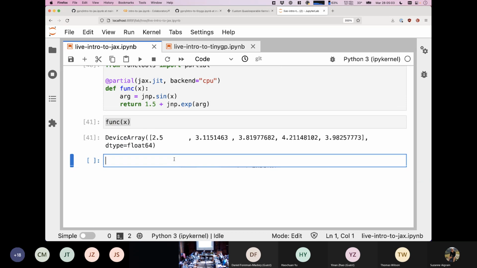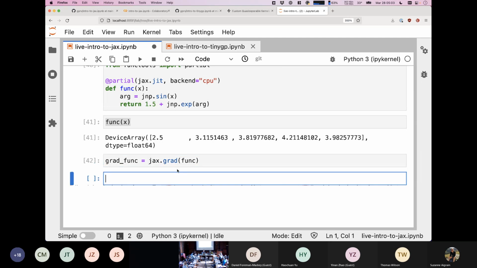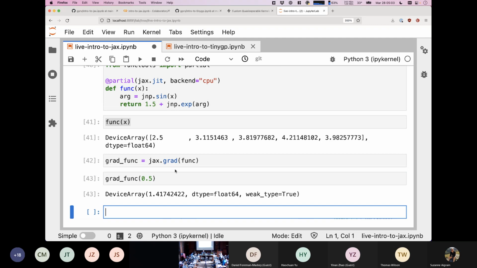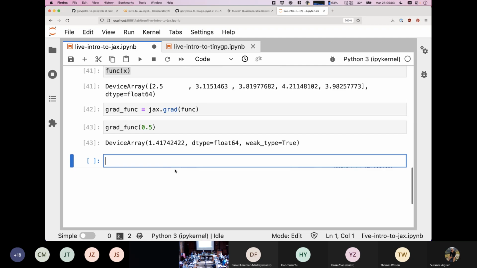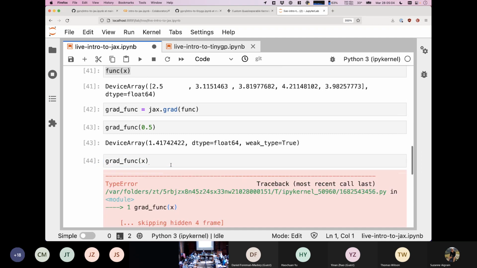And that is because there's this other function, which is jax.grad of func. We could also use this as a decorator. And so now we have a function to compute the derivative of our function. If we do something like this, we get the derivative of that function evaluated at that point. You'll note that I didn't do the grad func of x,